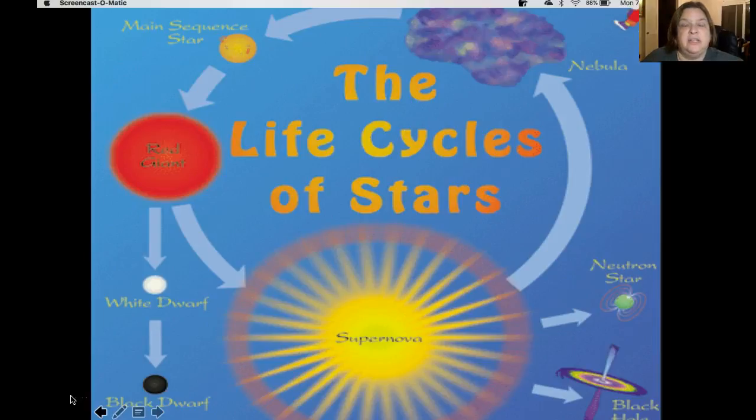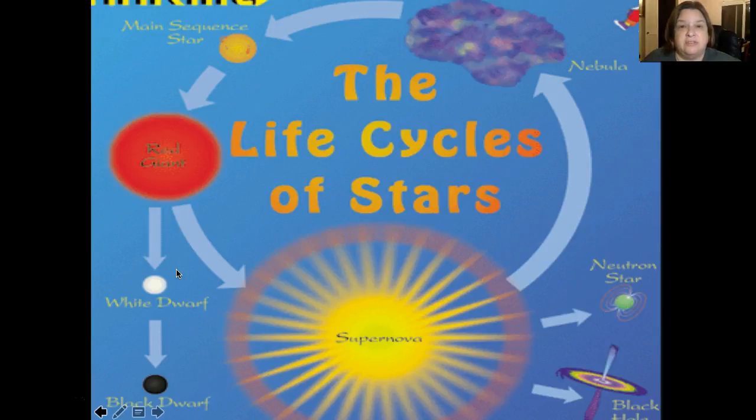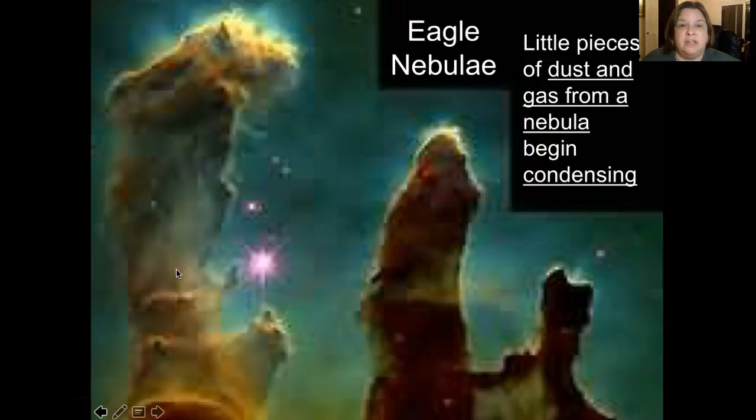All right, so we're going to talk about the life cycle of a star. And we'll talk about big stars and small stars and how their life cycles are different. So the first thing I want to talk about is how all stars start their life. All stars start as a nebula, and the nebula comes from a supernova, from a previous star, and it explodes,